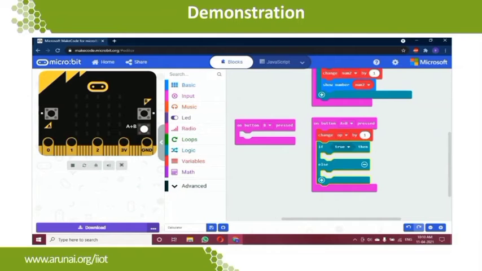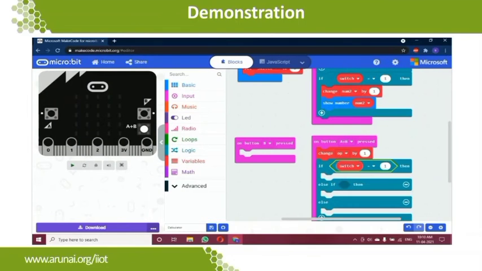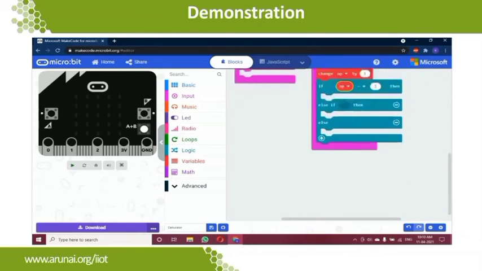Then we are having the if else section. I'm going to use 4 basic operations, that is addition, subtraction, multiplication and division. All these 4 will be gathered in our if else if blocks. So first I'm getting the operator equal to 1.